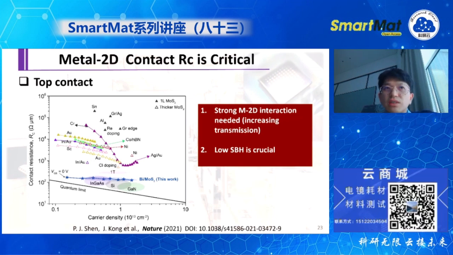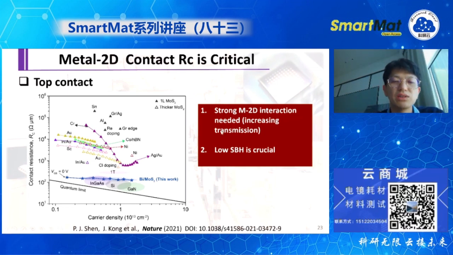However, if you have very strong metal and 2D interactions, sometimes you end up with another notorious phenomenon, which is called Fermi level pinning. Then you cannot control the Schottky barrier height. So the other criterion is that a very low Schottky barrier height is crucial. We need to fulfill these two criteria in order to have a very good metal-2D contact, low contact resistance. And bismuth contact metal is very interesting because it meets both criteria,